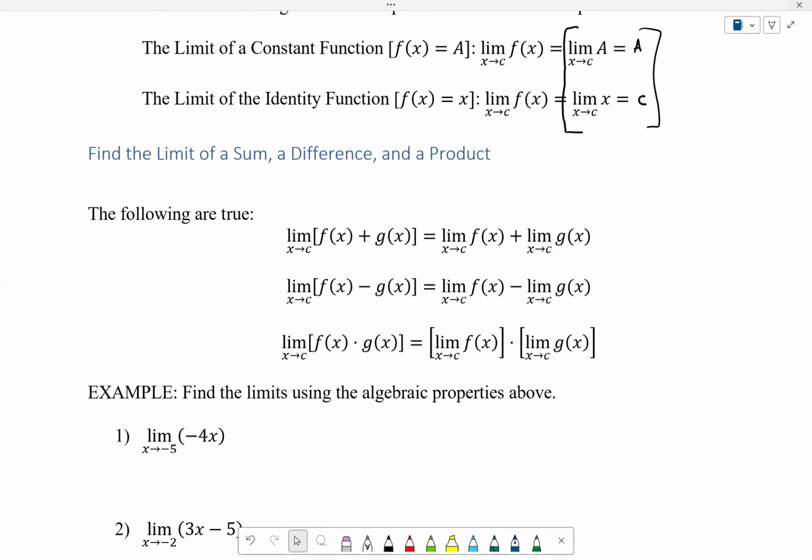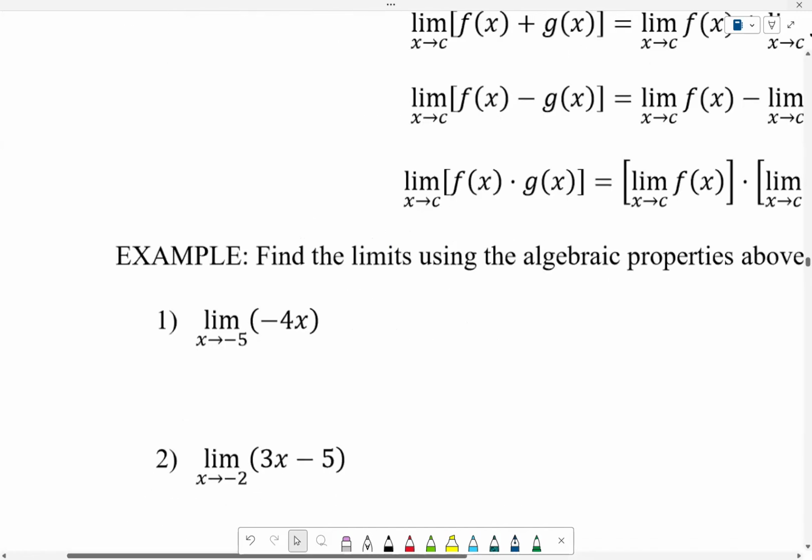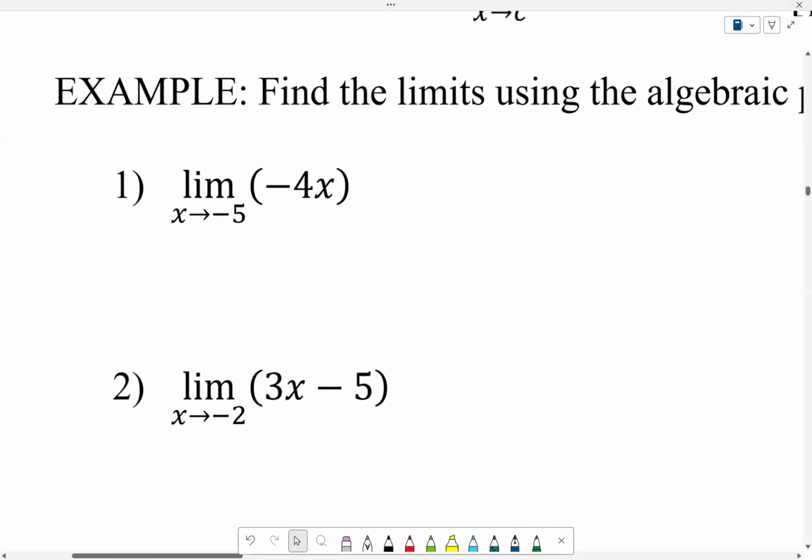Distributive property really is only for multiplication, but we can consider it that way. Like the first two are the same. The last one, okay, these things are true. So these are all properties of limits